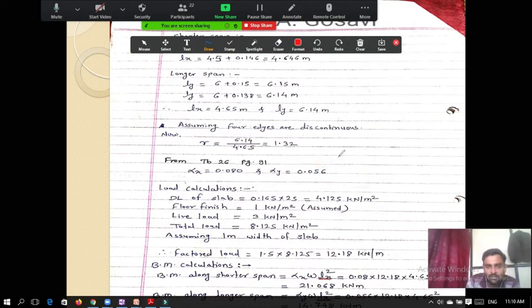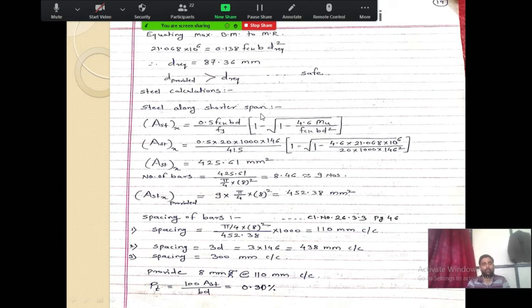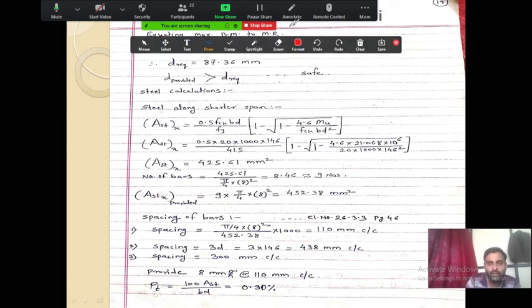After the calculation of bending moment, as we know, whenever we calculate the bending moment, we need to take the check for depth. To take the check for depth, what we always do is equate the maximum bending moment, whatever maximum bending moment we are having, to the moment of resistance. So our maximum bending moment is 21.06, which is equal to the moment of resistance.